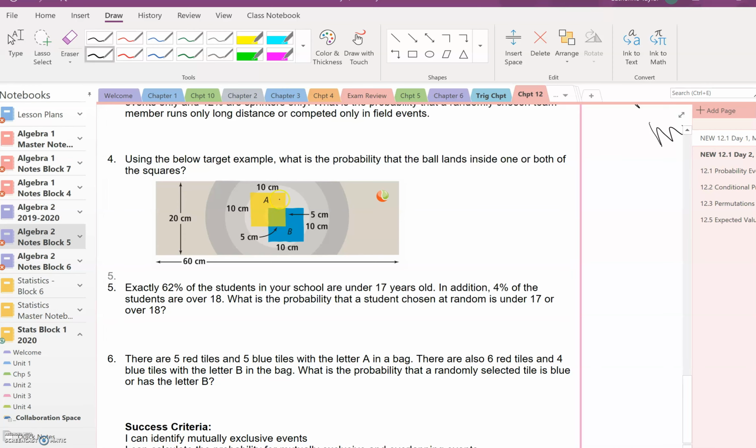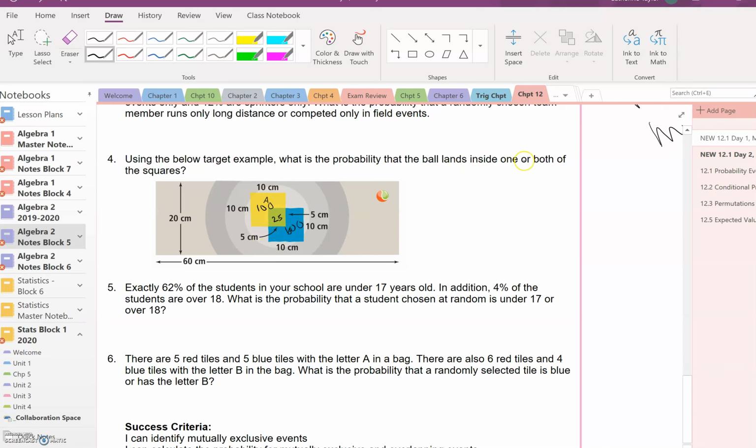So one thing I want you to notice, this square is 10 centimeters by 10 centimeters. So that square has an area of 100. Same with the bottom square. But as you notice, they have an overlapping shaded region that is 5 centimeters by 5 centimeters, or 25 in overlap. So that means if